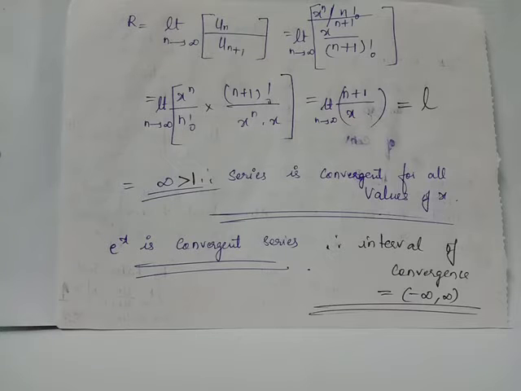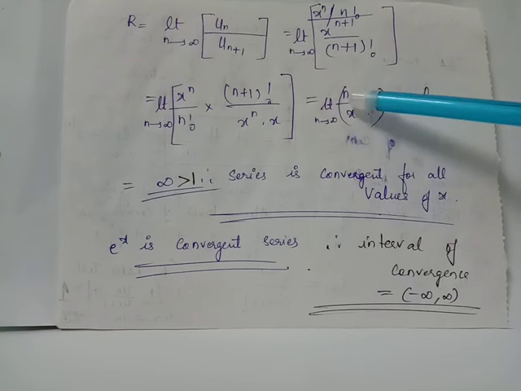We have x^n by x^(n+1) equals x^n upon x^n multiplied by x. When x^n gets cancelled, we obtain x^n by x^(n+1) equals 1 by x. Similarly, we have 1 by n factorial upon 1 by (n+1) factorial can be written as (n+1) factorial upon n factorial, which will give us n plus 1 after we cancel n factorial from both the factorial expressions. Therefore, we have limit n tends to infinity u_n by u_(n+1) equals limit n tends to infinity (n+1) upon x.